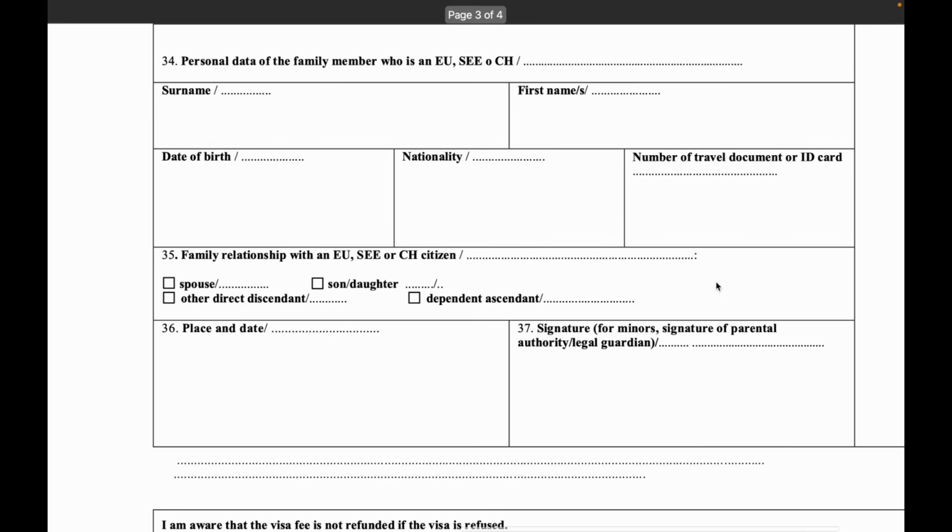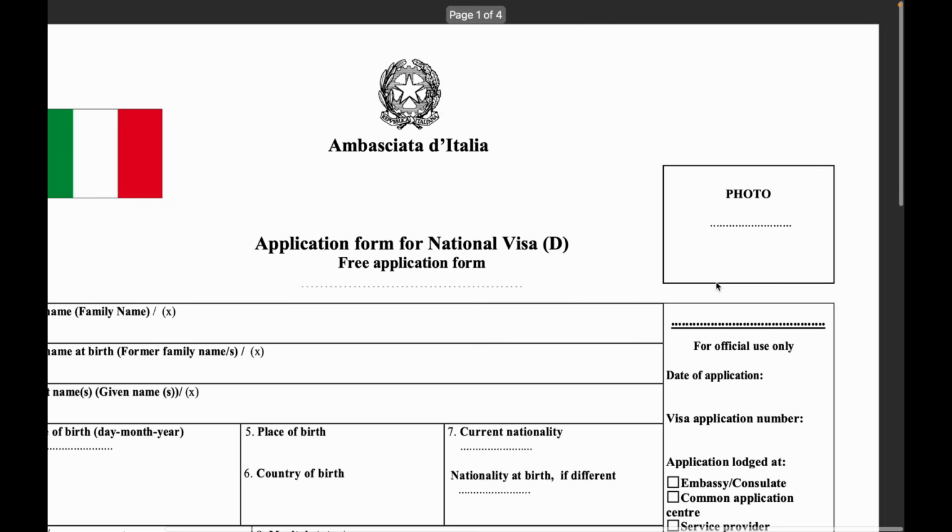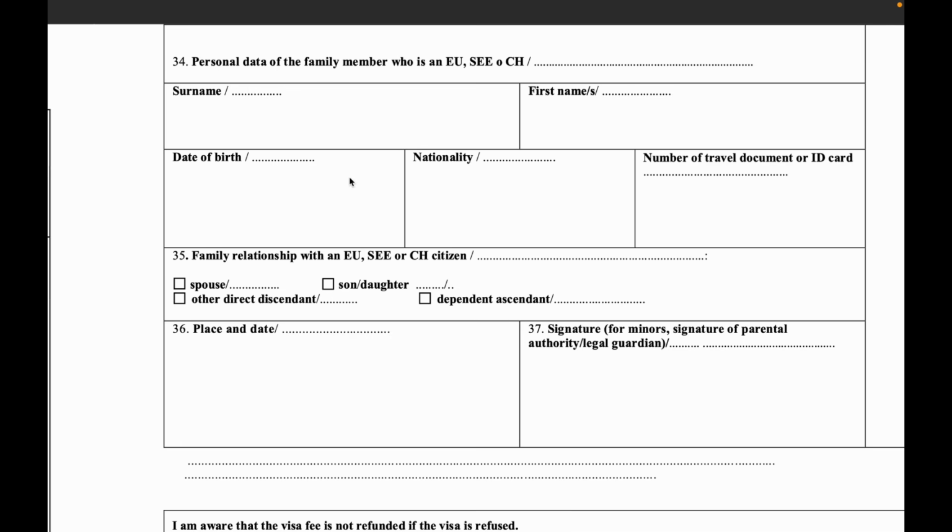So then we move to page 3. Page 3 is not much longer. Okay, then the column from 34 is for those, if you have any relative or any family member who is already living in the European Union or is a citizen of Switzerland or an EU member or any of these three categories. So if any of your family members belong to EU or Schengen area, you can write here,